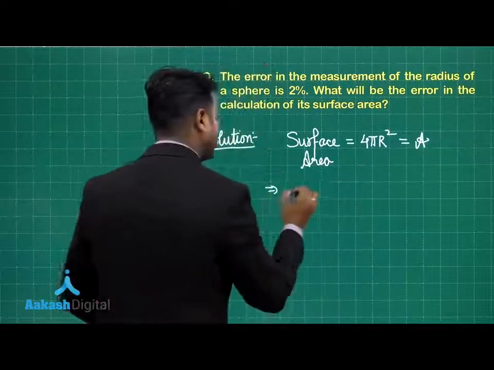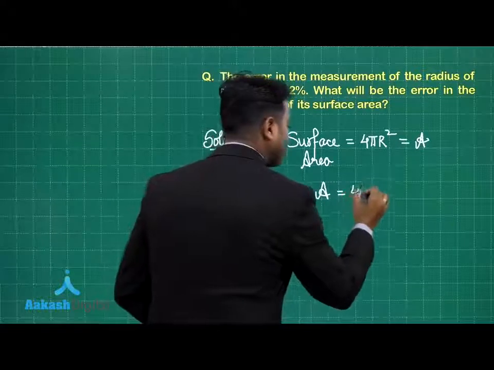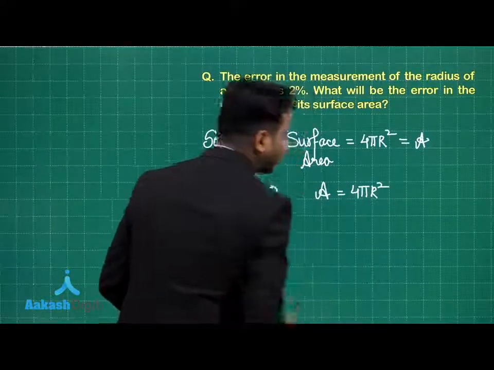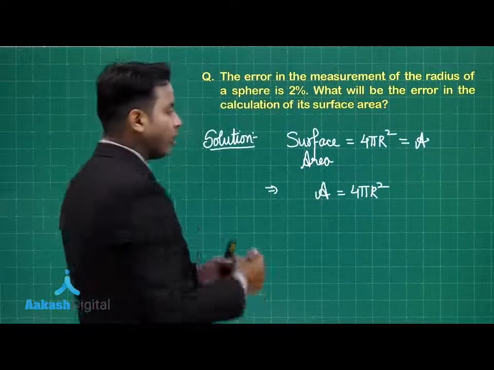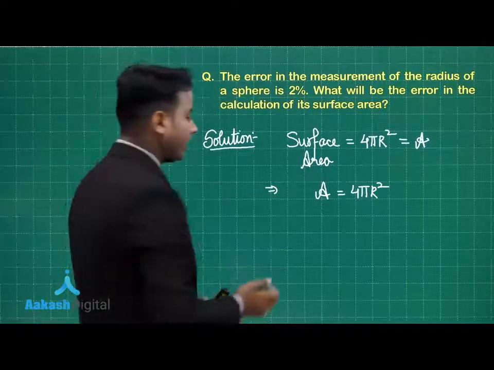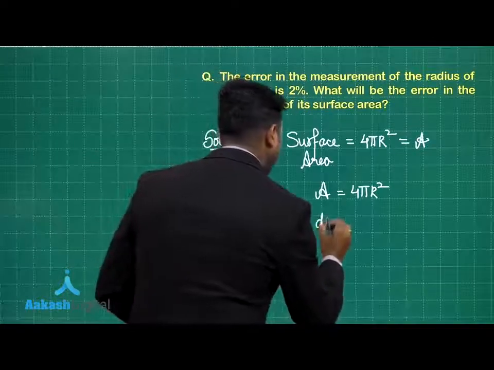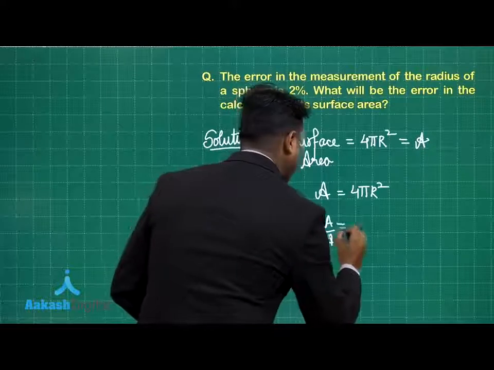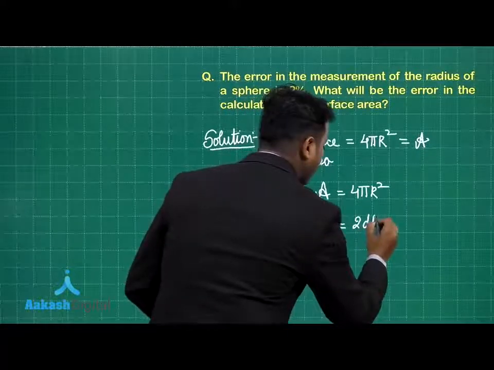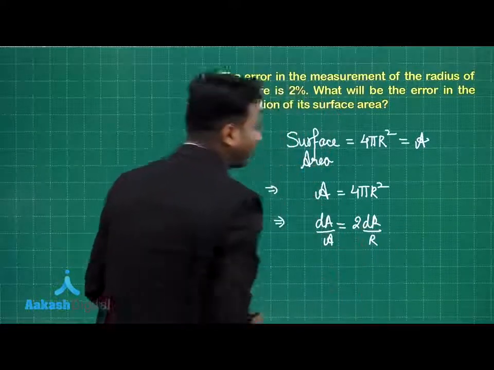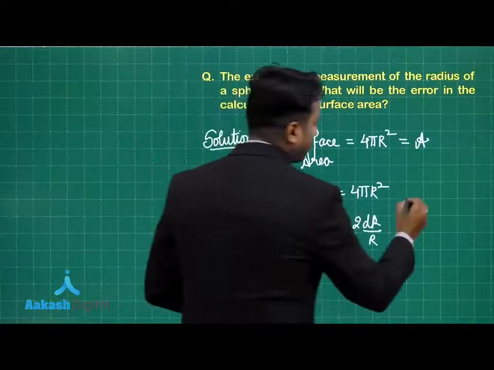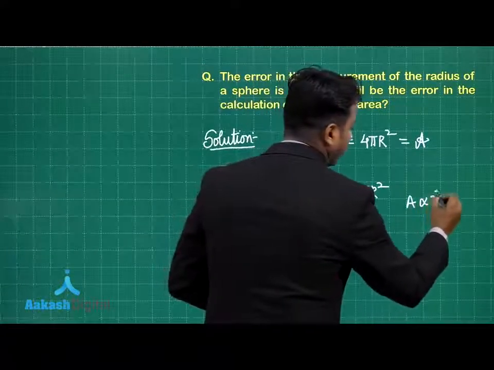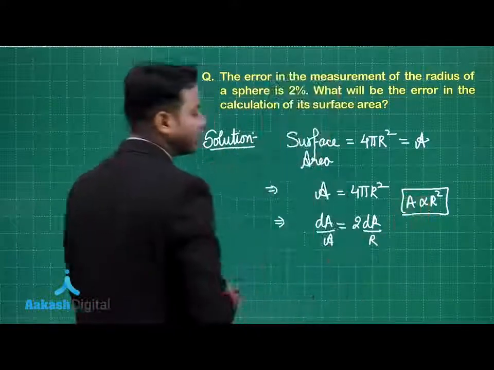Now if I ask you a simple question, if area is related to the square of the radius of that particular sphere, what should be the fractional change in A? So from this expression I can clearly see dA by A is simply 2 times dr by r, because the area is directly proportional to the square of the radius of that particular sphere.